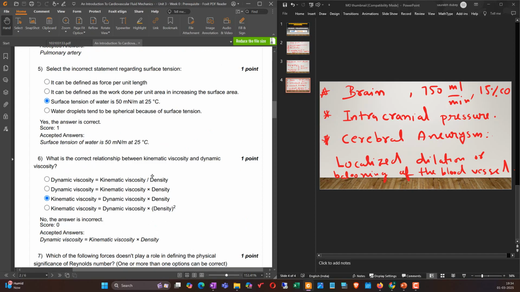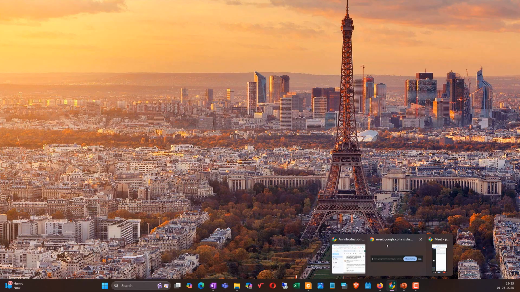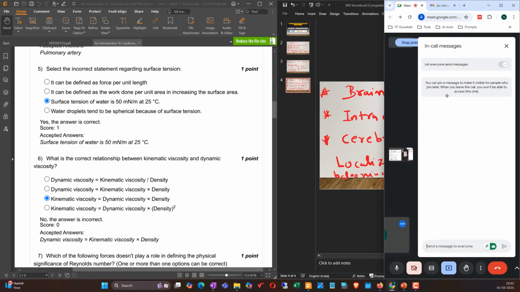And then select the correct statement regarding surface tension. Incorrect statement, okay. Surface tension is force per unit length, right? So that is there. So if you see,